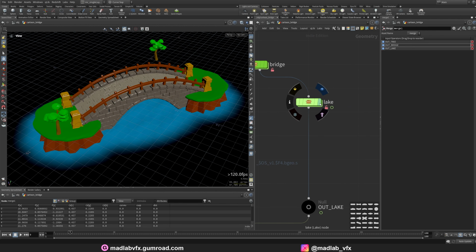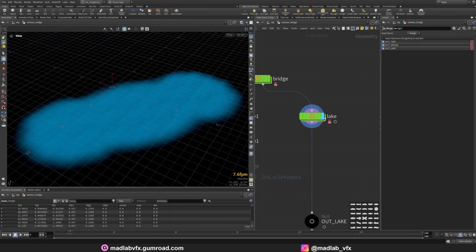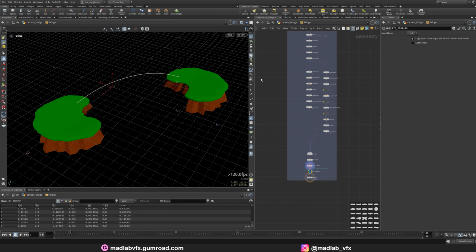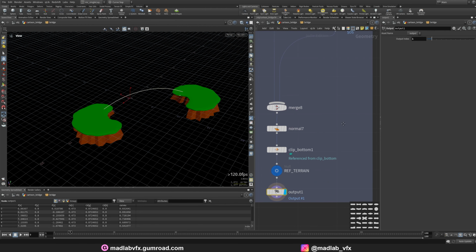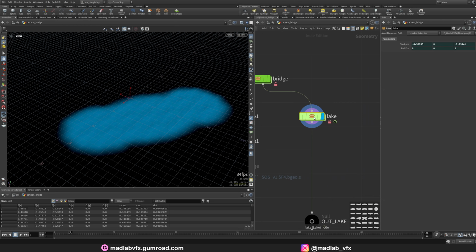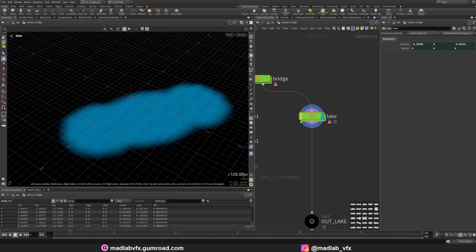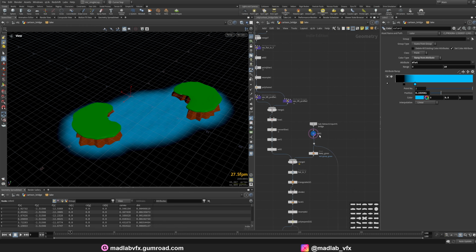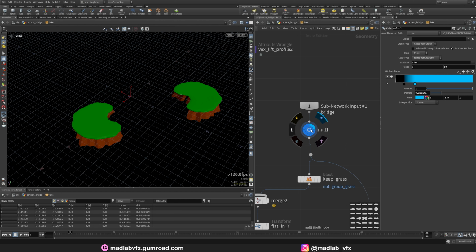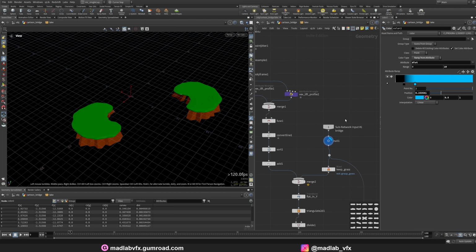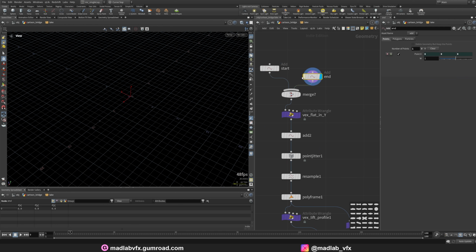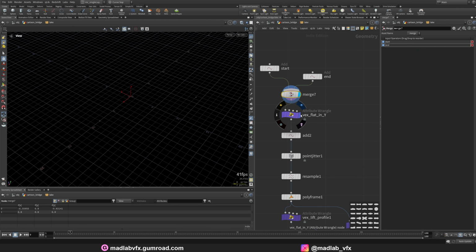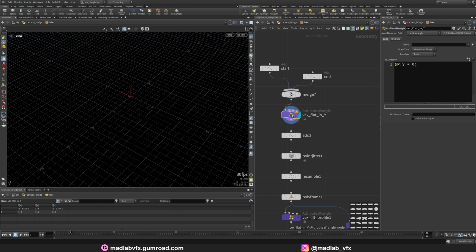we create a lake too. To create a lake, we need to output that geometry here. The terrain should be used in that lake node to make the lake below the bridge. We're going to import here the bridge, import the start and end position of the bridge, merge both together, scale in the Y direction,